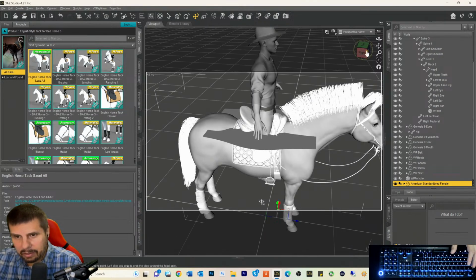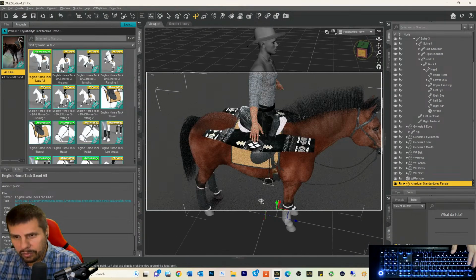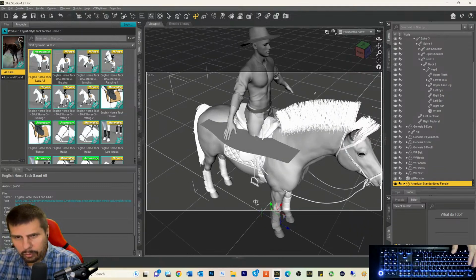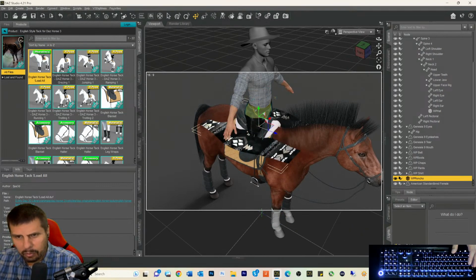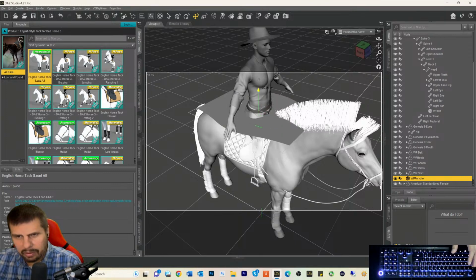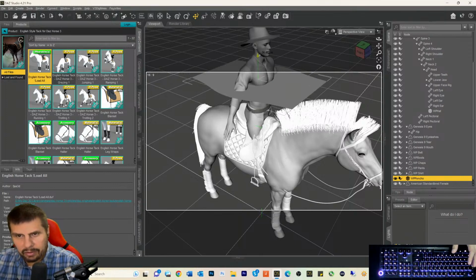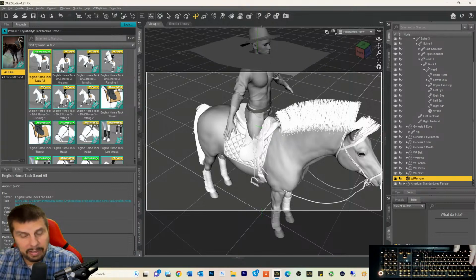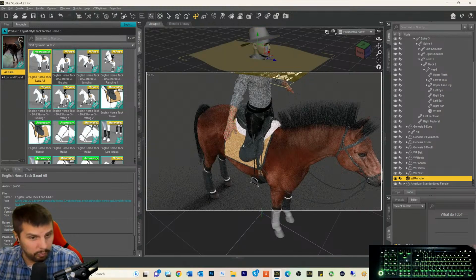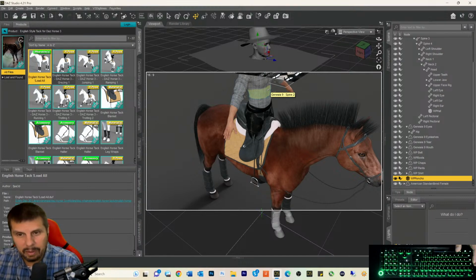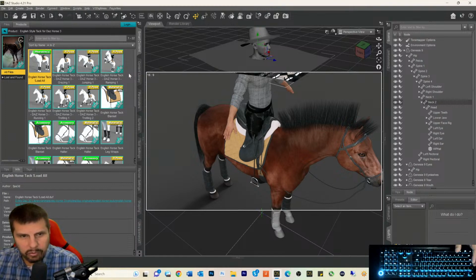And he's kind of close to looking like he's sitting on the horse. His poncho's in the wrong place, but let's lift this up so it's not going right through the horse. I think the horse is a little inconvenienced by that. All right, so we're going to use dForce on that poncho. His suit is so nice. I don't know that he even needs the poncho, but the poncho would add to the whole thing. So what we need to do is get the horse in a pose